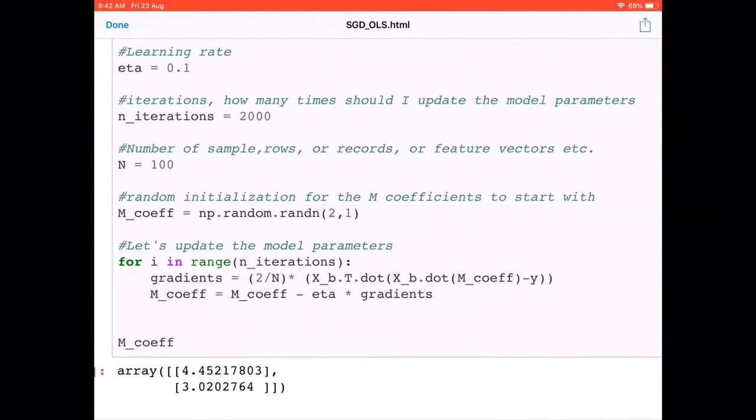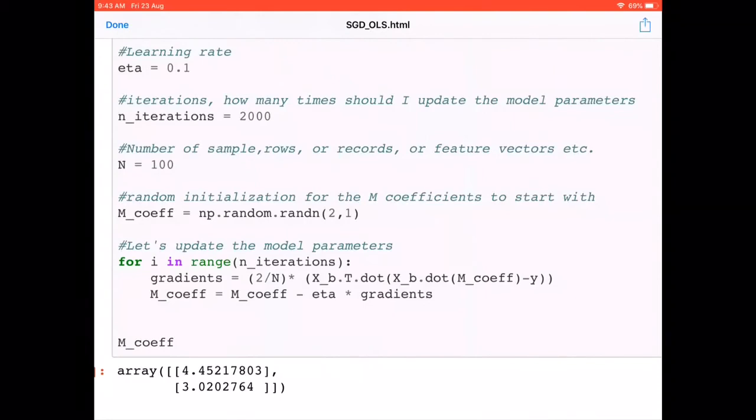Now I know I have to run this code 2000 times, so I'm going for i in range n_iterations. That means I'll be running this code 2000 times, and what I'm doing is solving the gradients by that formula that we have seen in the theoretical part, and we are updating the m coefficients with that new value of the gradient using m coefficient minus eta, which is our learning rate, times the gradients. And once it runs 2000 times, we are getting the model parameters as 4.45 and 3.020,